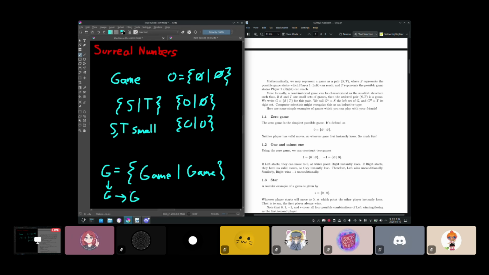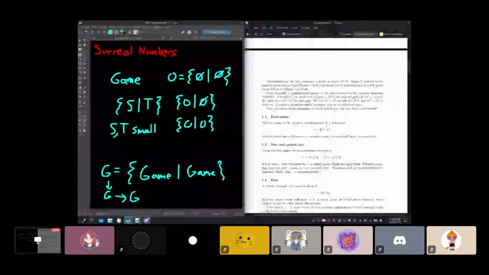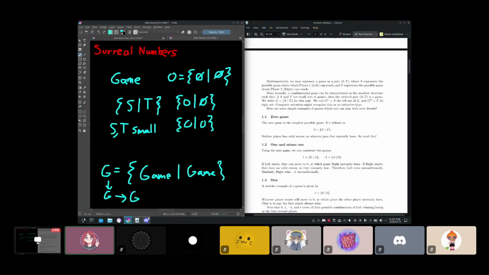The reason I bring this up is because Conway really makes a point about how these sorts of games are connected to sets within ZFC. And the reason that he makes that connection is basically to avoid things like this from happening. Because if you just say that S and T are sets in ZFC, then the smallness condition gets in for free. But really what you just need is a size condition. As long as the games don't get too large, you won't run into issues like this.